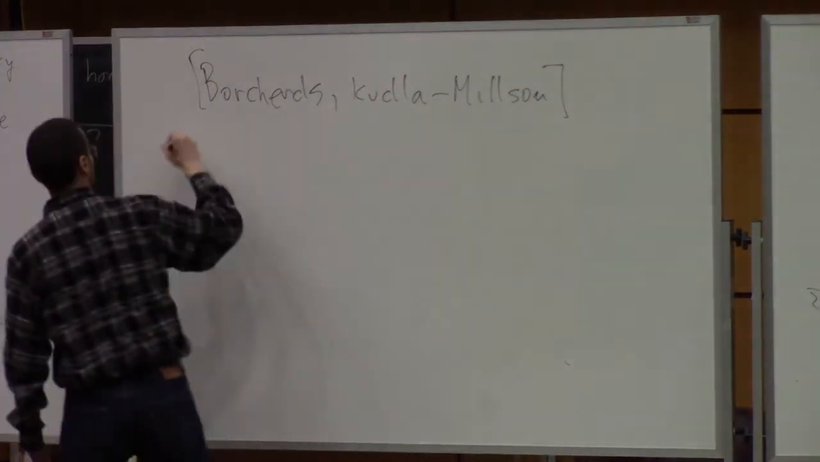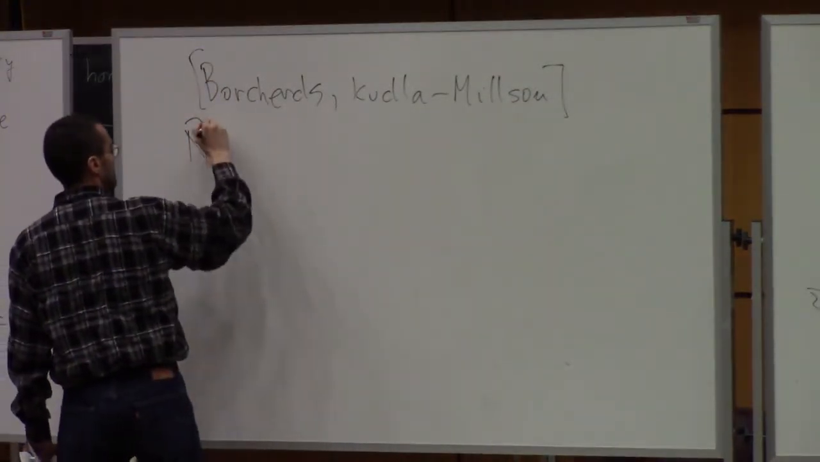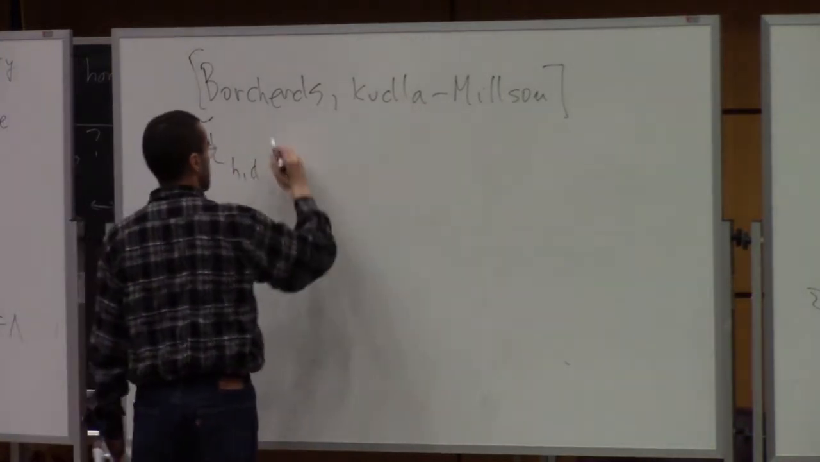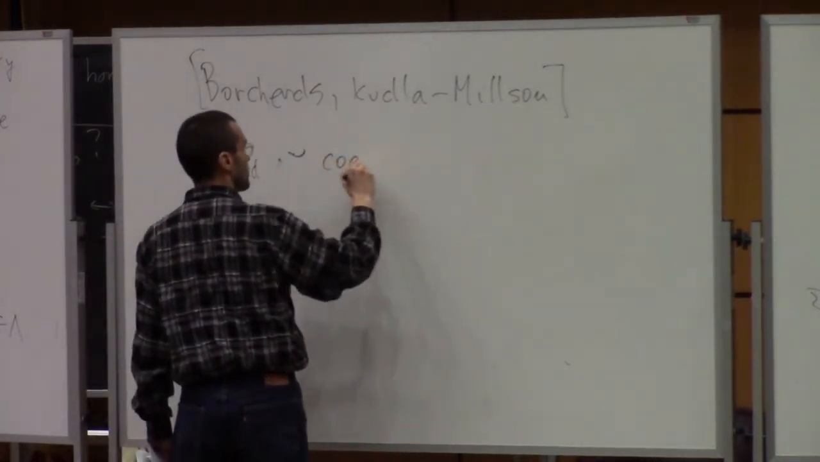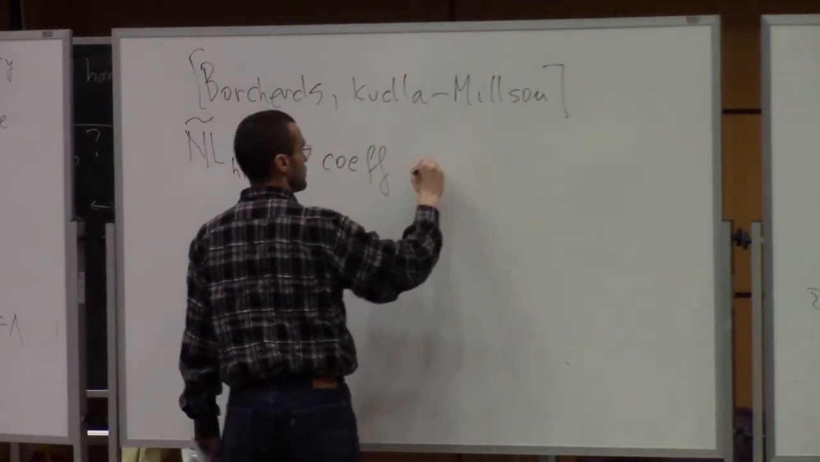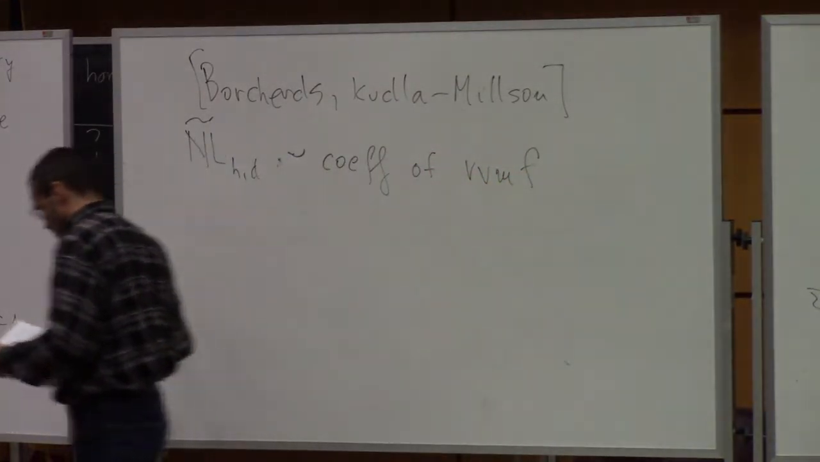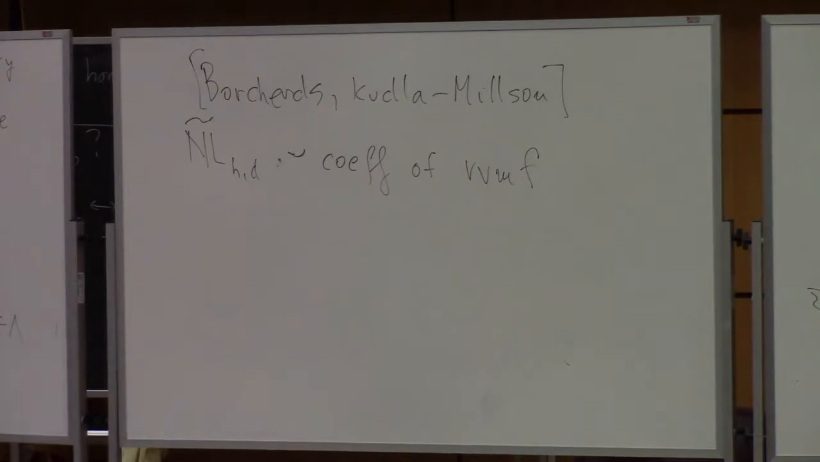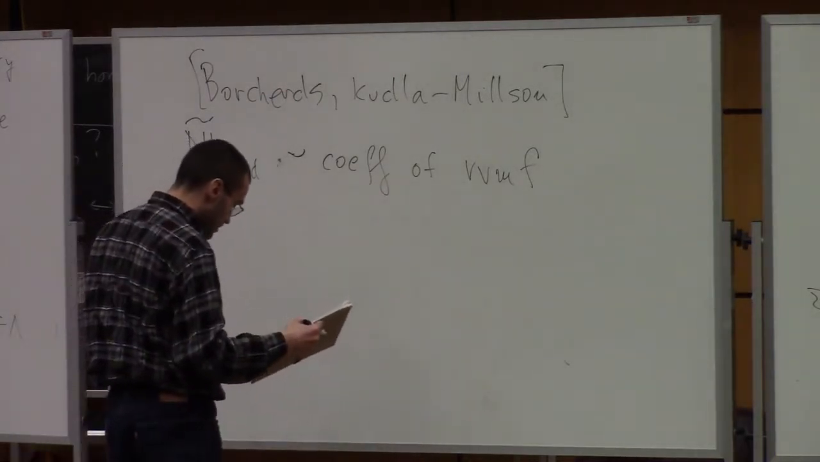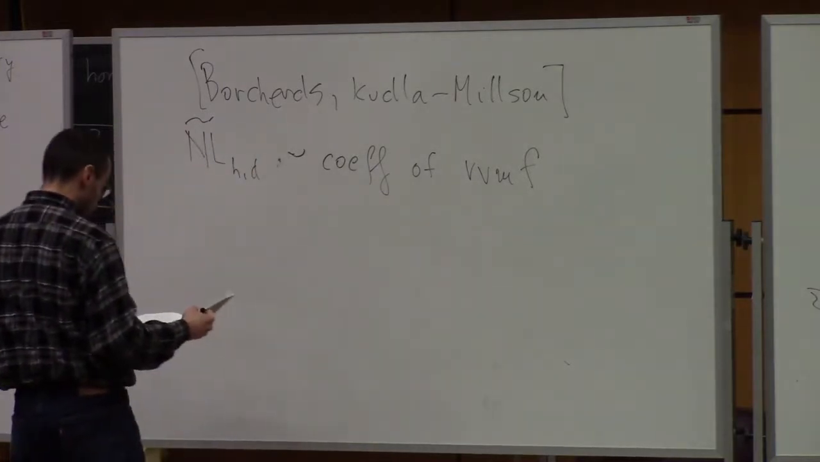The statement is that N, L, HD are somehow related. I'm going to explain in more detail the coefficients of vector valued modular forms. So we get interesting arithmetic properties here. So the statement would be the following. So there exists,